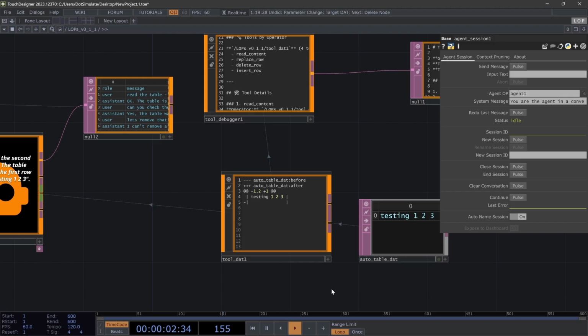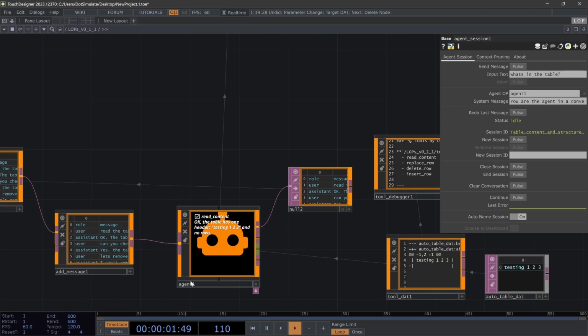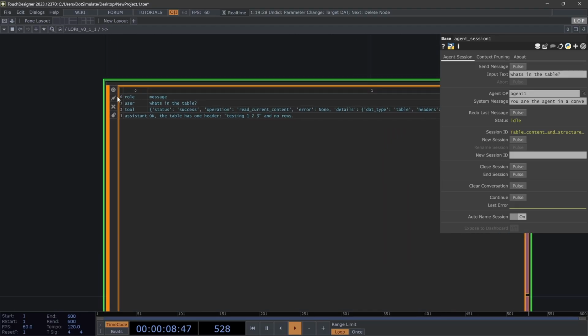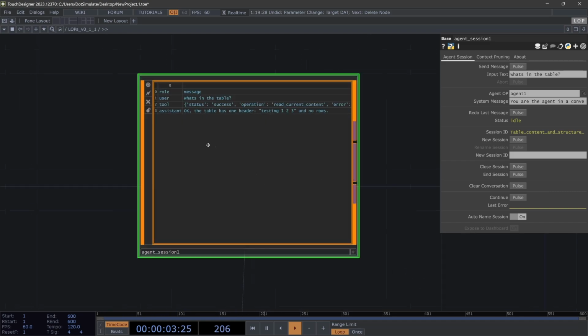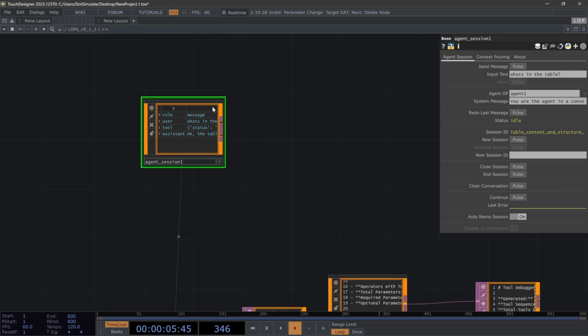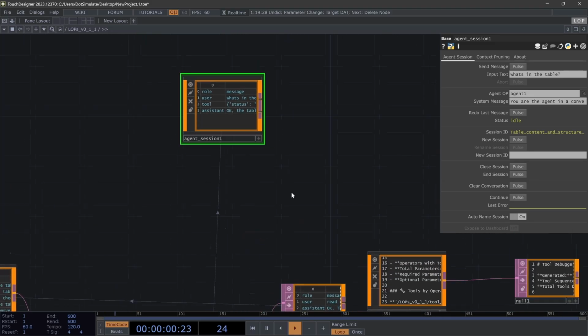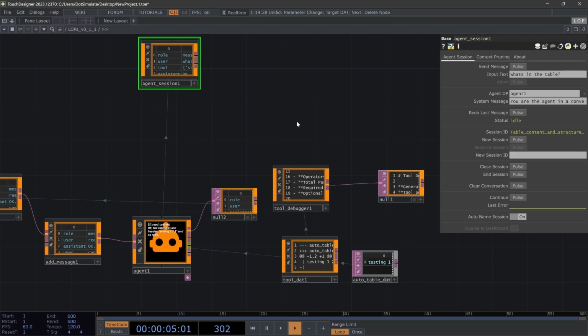But if we were to do the same thing in the agent session, we could ask it, what's in the table? And you'll see it read content. It says it has one header, testing 1, 2, 3, and no rows. And in this, you'll see the user and then a tool and then an assistant. So this is a little bit more accurate to what is actually going on for the agent. But again, you might think it's a bit annoying with all these TouchDesigner parameter things,